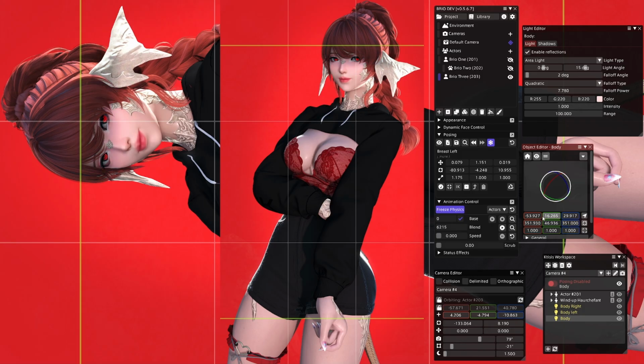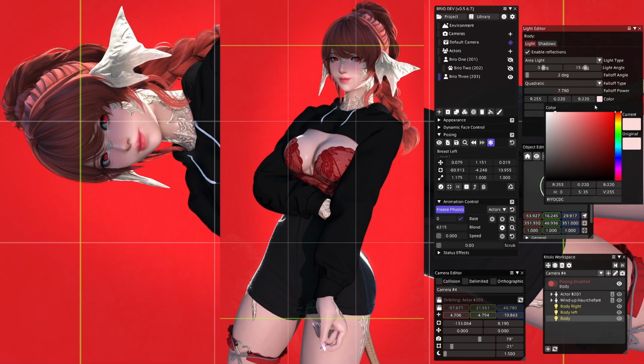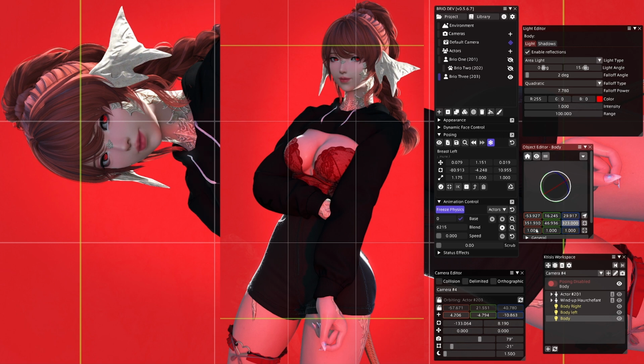And then in terms of doing more advanced lighting, you can get crazy with it. You can, for example, rotate the light. So I'm going to make it red so it's super obvious. Just going to save this for later. And then you can rotate the light, and then you can see here, this is the corner. This is the corner of the